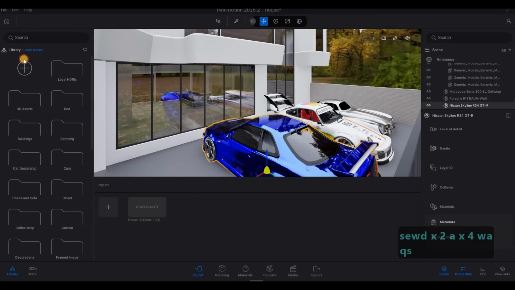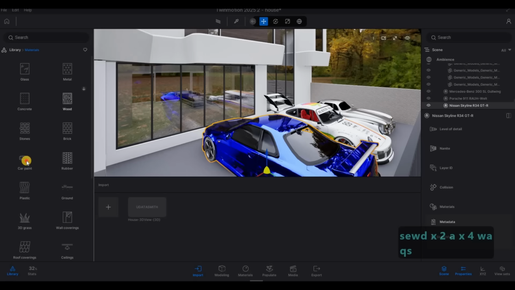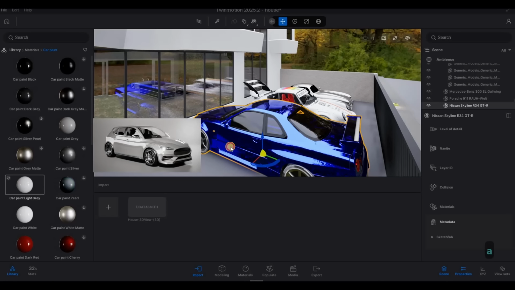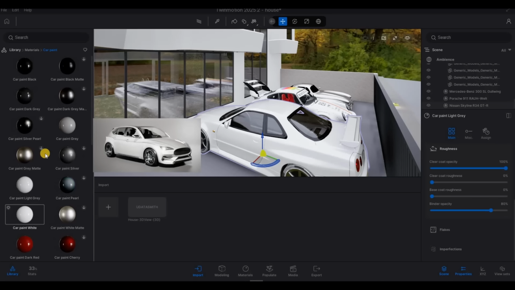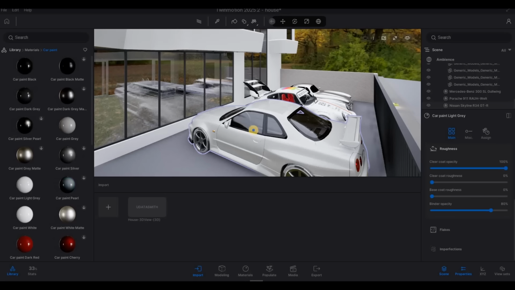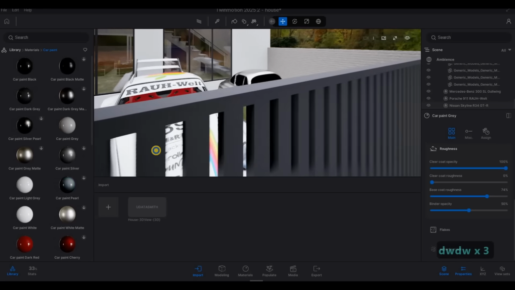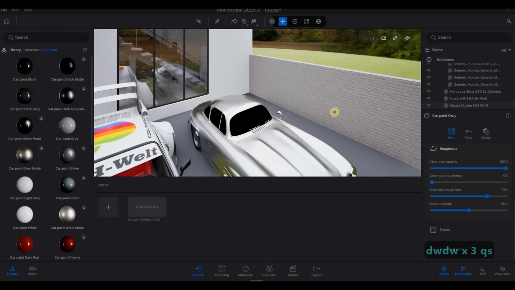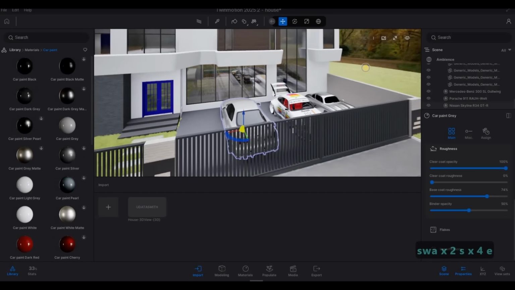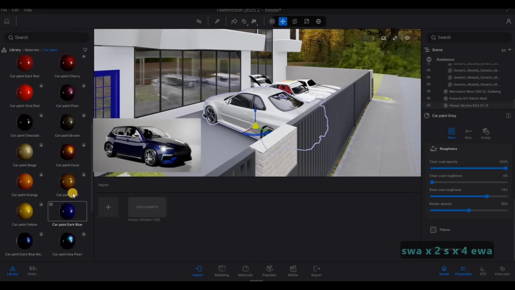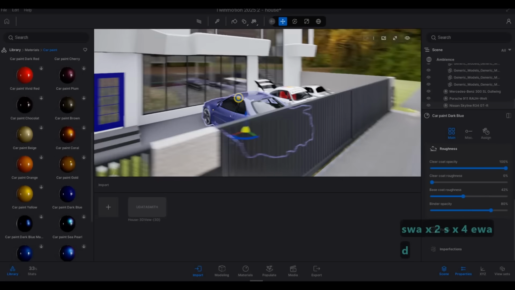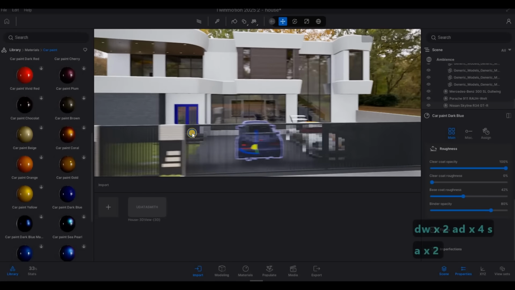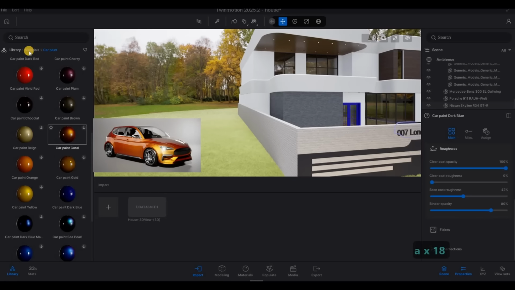And then this one, we have materials now for the car paint. I want to paint it gray for that one. I think that's perfect for that one. And then gray here, or maybe the blue here. Perfect blue car color. And then here,